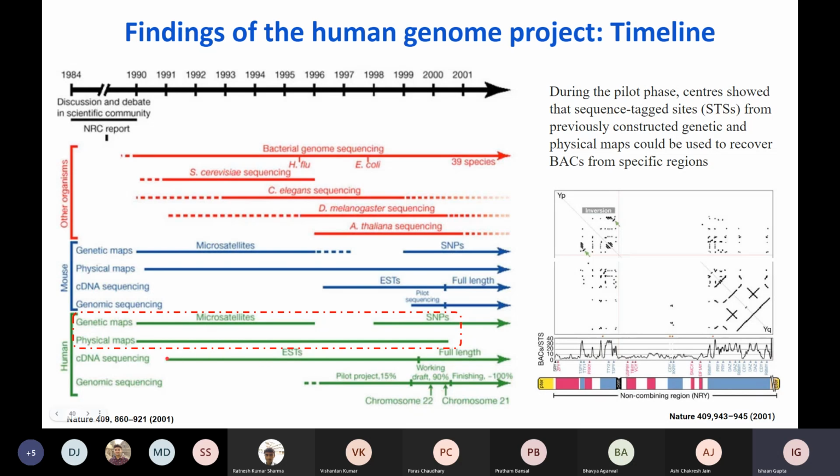In between, they also had something called sequencing of cDNA. So cDNA essentially is called complementary DNA. So you take all the RNA that was expressed by the cells that they were taking. So in the Human Genome Project, they were taking blood cells of 15 to 16 different individuals. They were mixing these blood cells and they were isolating the white blood